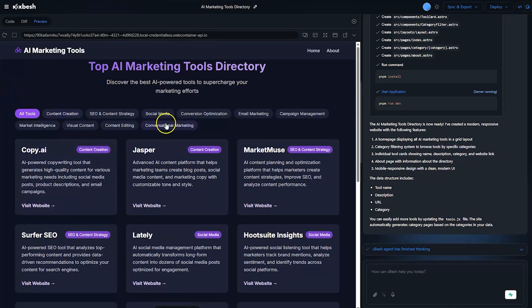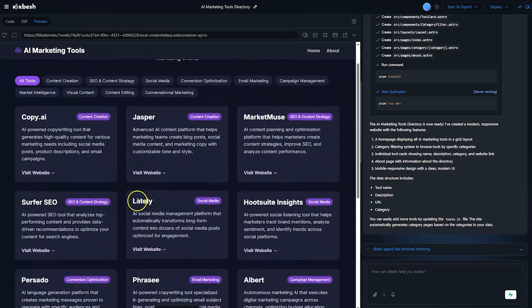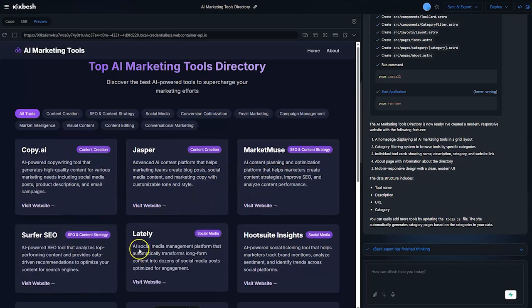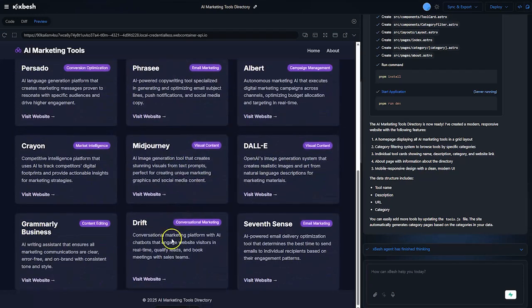And look at that. Look at the platform. Okay, it's already done. It has a menu. It has about. It's not looking bad at all. We haven't given it any design instructions, and it gave us a list of AI tools like Jasper, Copy AI, Surfer, Hootsuite, all of this, DALL-E, Midjourney. This is cool. This is very cool. It even put